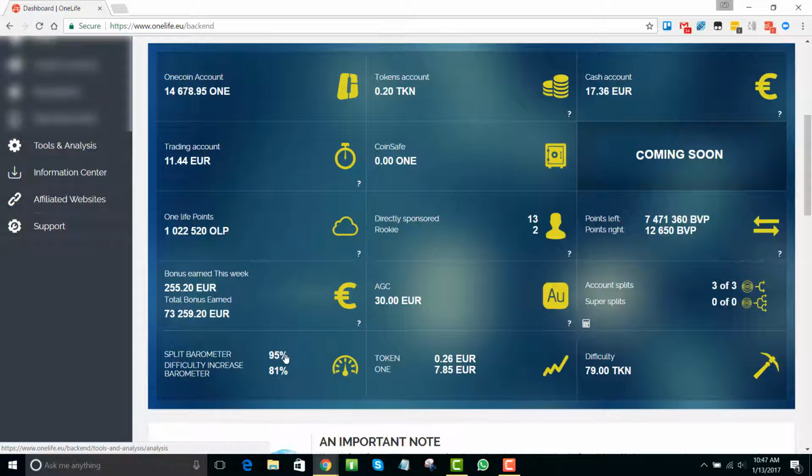Then we have the split barometer, and this tells us how close we are to the tokens splitting. And we have a difficulty increase barometer, which tells us how close we are to the difficulty increasing, which is the exchange rate between tokens and OneCoin. And when the difficulty barometer goes up, the price of OneCoin also increases, and it's generally somewhere around 10%. And then we have here the value of OneCoin today, 7.85 euros, and the value of the tokens is 0.26